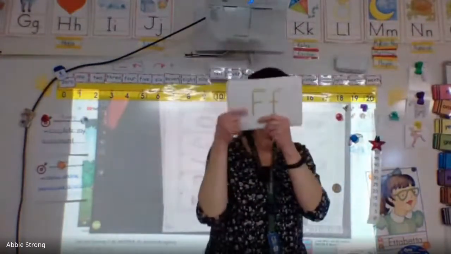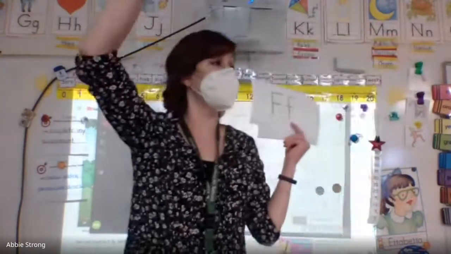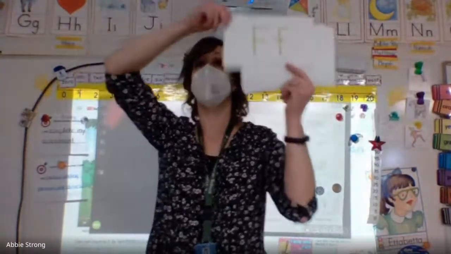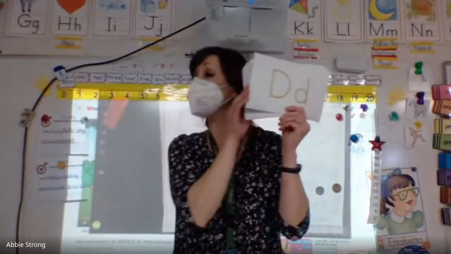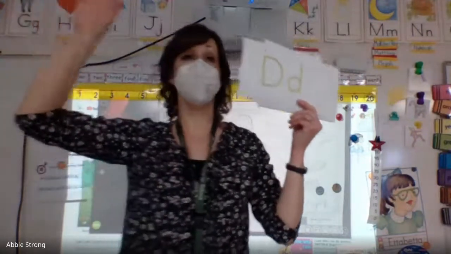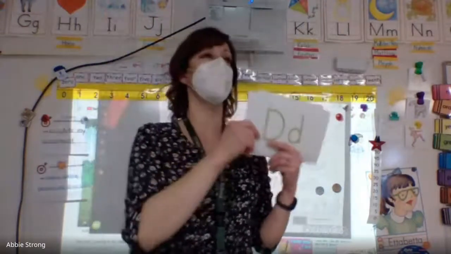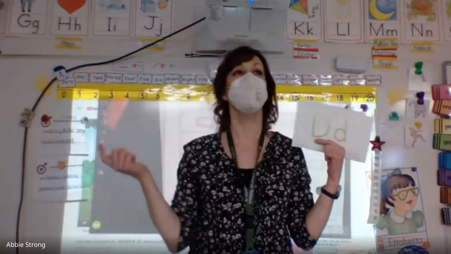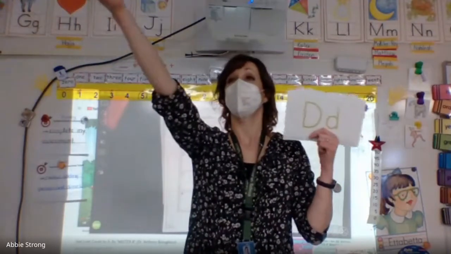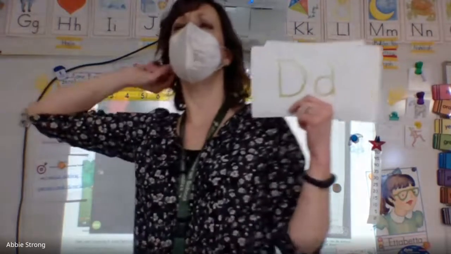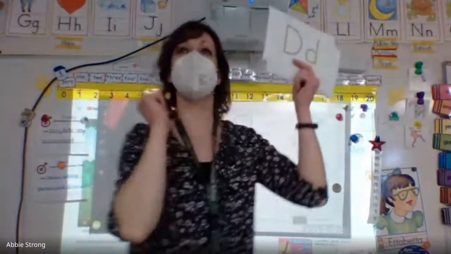Say it with me. The letter F says f. What's a word that makes the f sound? Tasha. Good. Here's the next one. The letter D says d. What's a word that has the d sound at the beginning of it? Matthew. Okay, let's think of another one because we always do cat and dog. D. What's a bird that says quack, quack, quack? Matthew. What's a bird that says quack, quack? Duck. Everybody say duck. Duck.